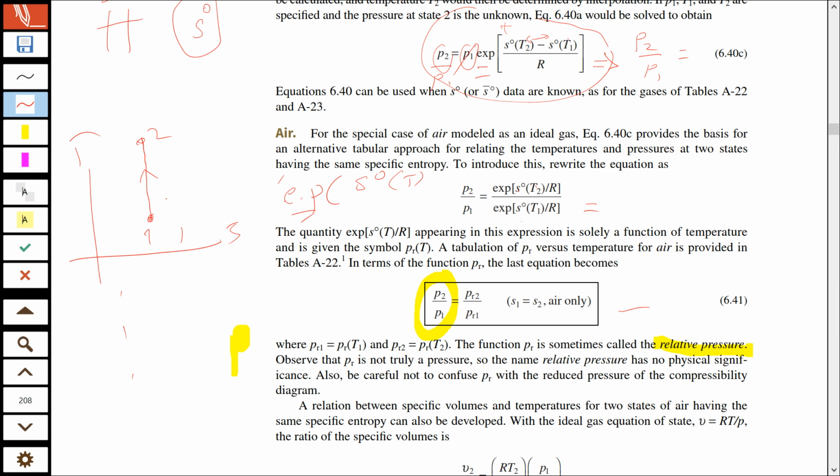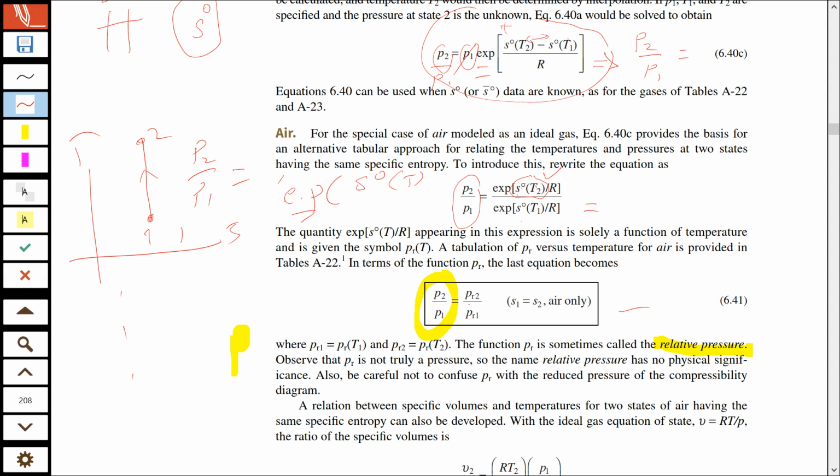So I go this way, and in so doing, if I want to know the ratio of the two pressures, P2 over P1, that ratio will have a simplified form which will involve the exponential of this s naught,